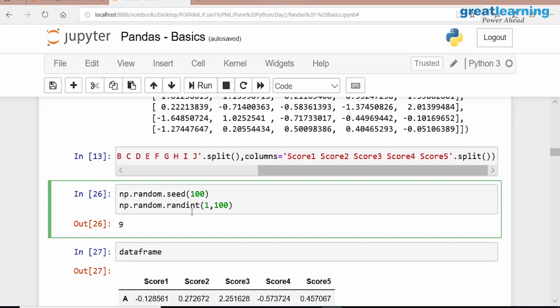What is seed? Computer generated random number is not actually a random number. It's an algorithm. Random generation itself is an algorithm. For that algorithm, it needs a seed. For example, you are listening to songs, correct? Shuffle mode, if you are listening, have you noticed the same songs will come in the same shuffle way?